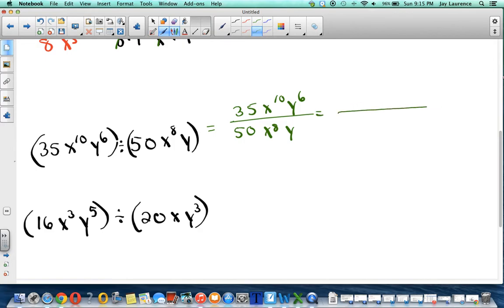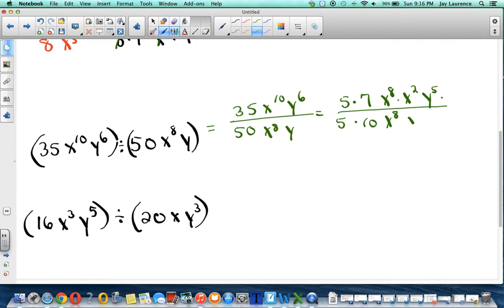How can I think about this? I think I'm going to think about 35 as 5 times 7, and 50 as 5 times 10. x to the 10th I'm going to think about as x to the 8th times x squared. And the y to the 6th, oops, my mistake, I'm going to think about it as y to the 5th